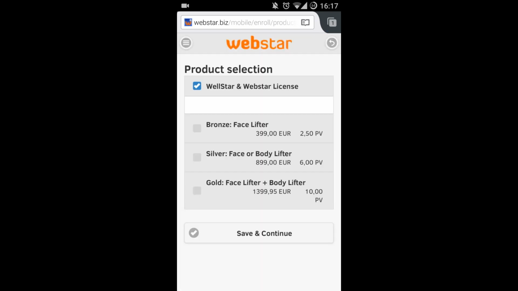And the second page is the page where you select with which products Far Start sets the partner wants to start immediately. So you see already at the top the WellStar license is already pre-selected, and so that's included anyway. And then it's a question which Far Start set the partner wants to have. So here I'm going to look into the silver package,